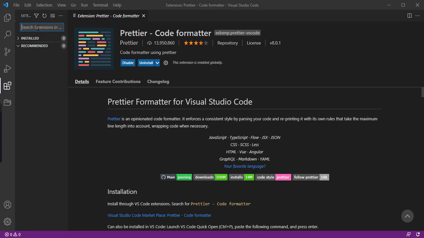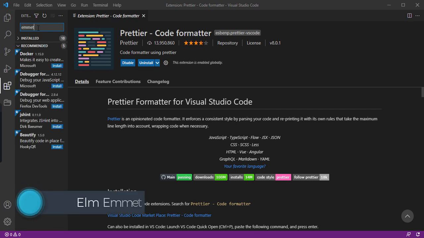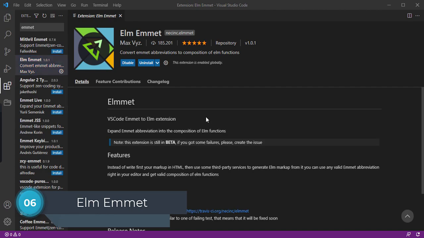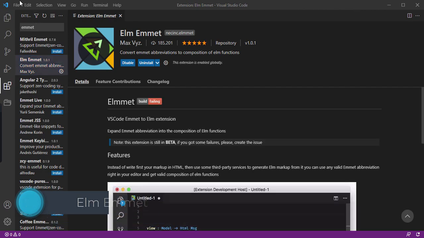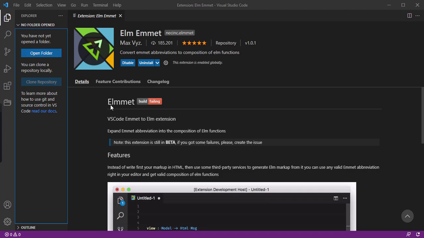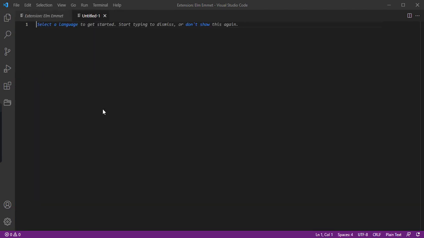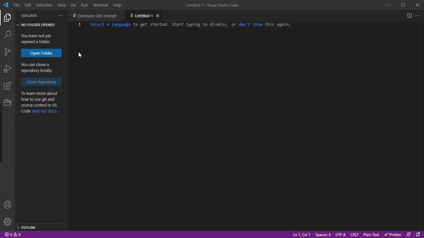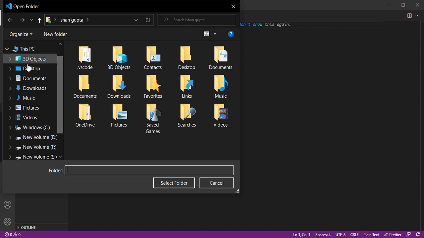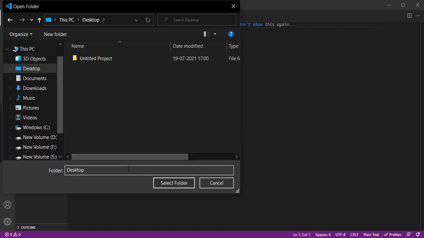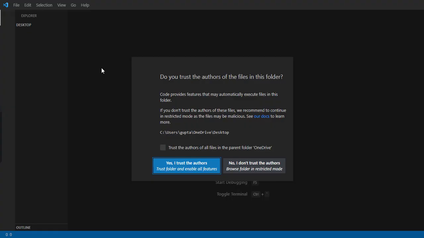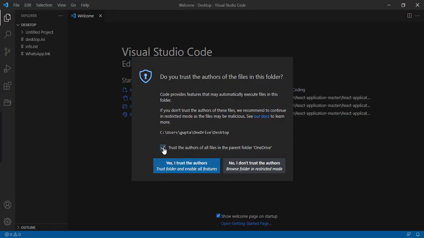Now the sixth one is Emmet. Hope you guys know a little bit about Emmet. So if not, let me open. So let me create one file, an .html folder.